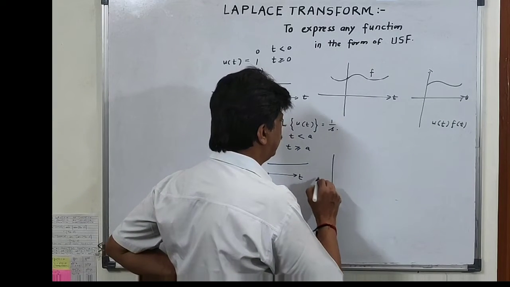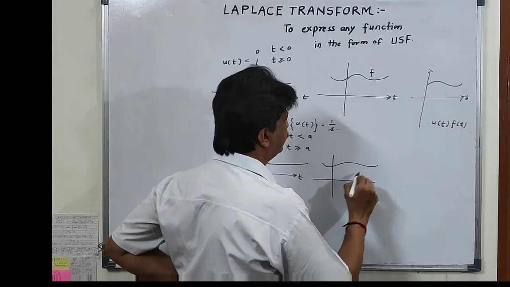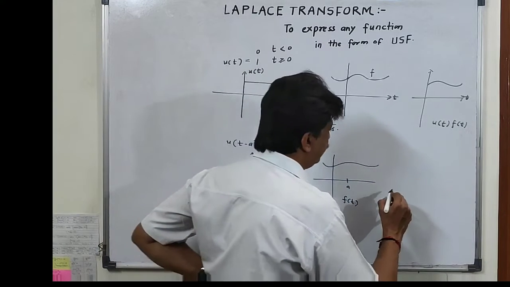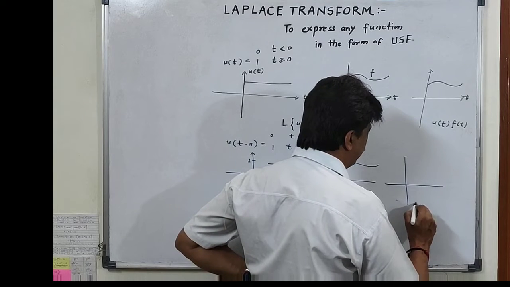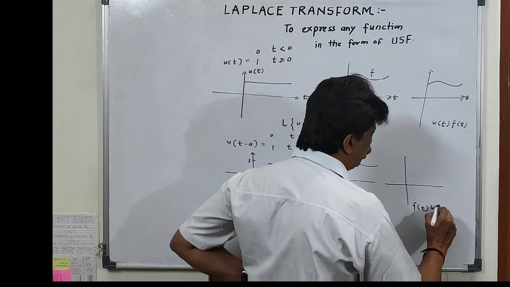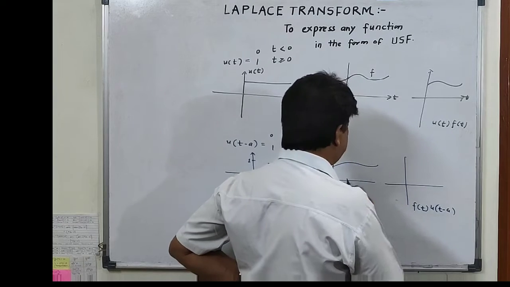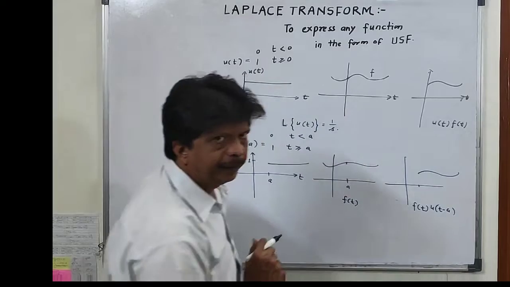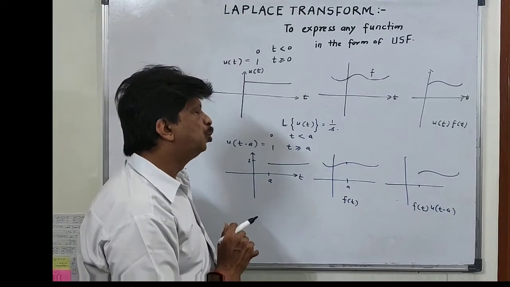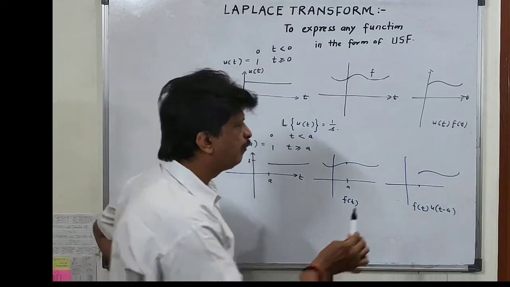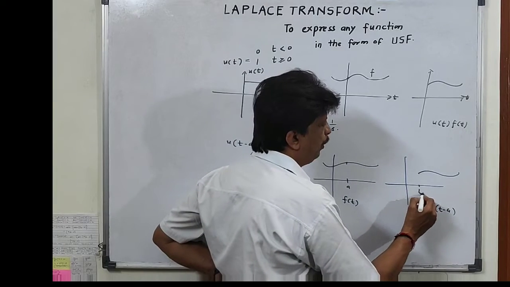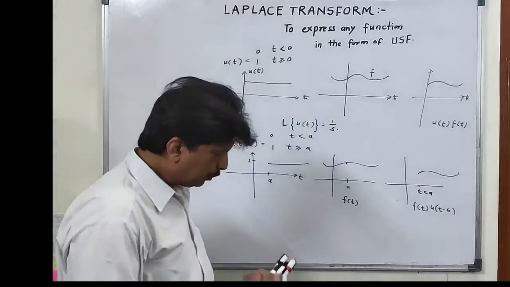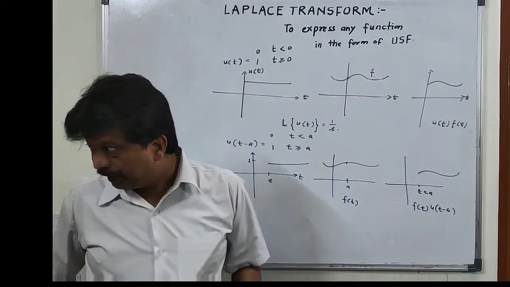If this is the f of t curve, and this is point a, then the effect of f of t into u of t minus a is this portion of the curve. It allows the portion of that curve which is greater than or equal to a. Then we have also seen the